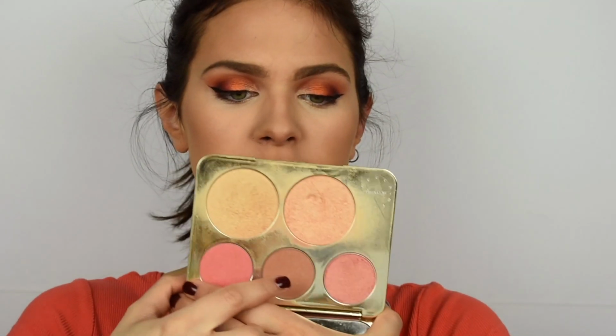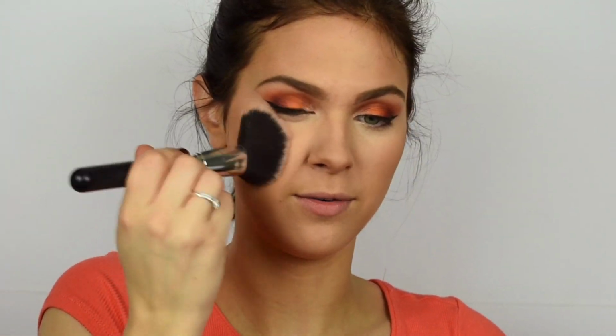So now I'm going to go in with blush. I'm going to be going in with my Jaclyn Hill palette, surprise, surprise. I'm going to be taking the Amaretto shade for the blush today, which is just my go-to. I reach for this all the time. I don't apply my blush right in the center of the apple of my cheeks. I apply it just a step above my bronzer, so I go in that same kind of angled